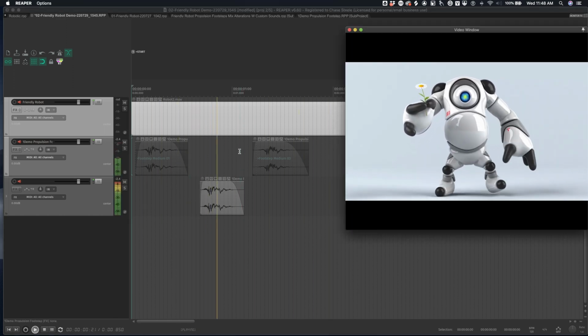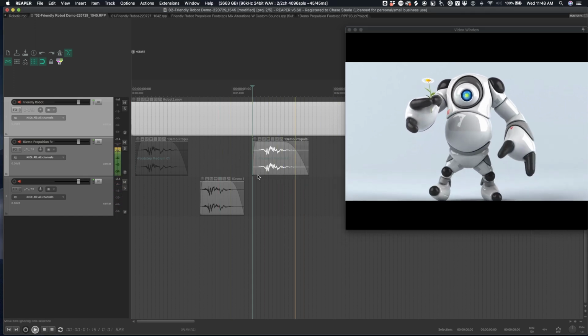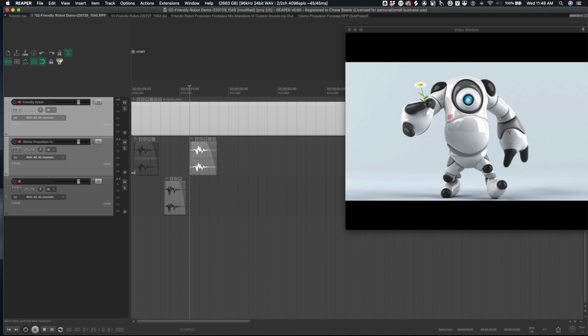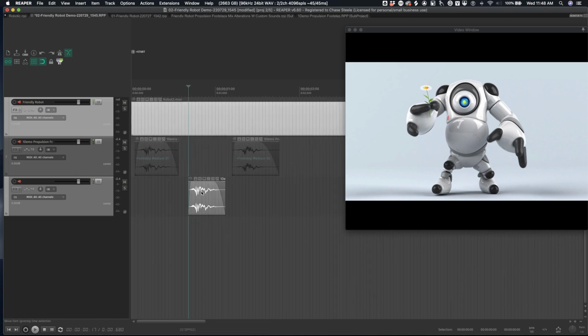Right? So no longer do we have the rusty kind of sound. Now this is obviously far from perfect, but that is kind of the idea behind editing these and getting different versions of your sounds utilizing this sub-project.